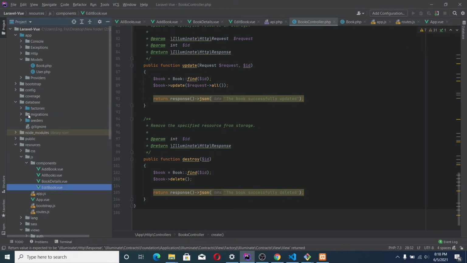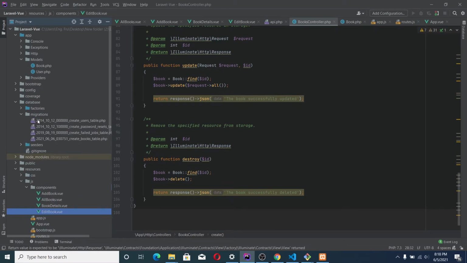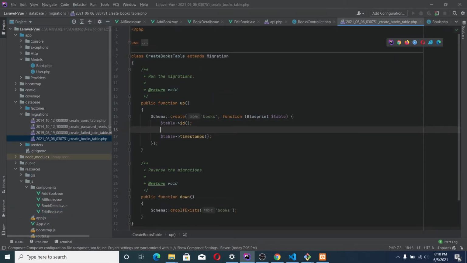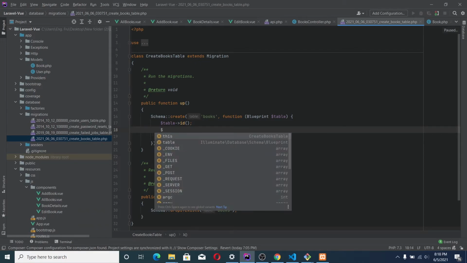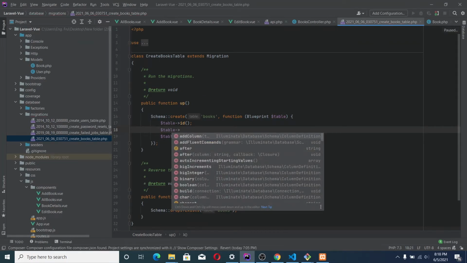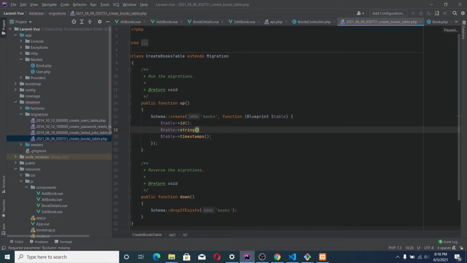Let's open our database migration file. Alright, so here we are going to have title, the book title.